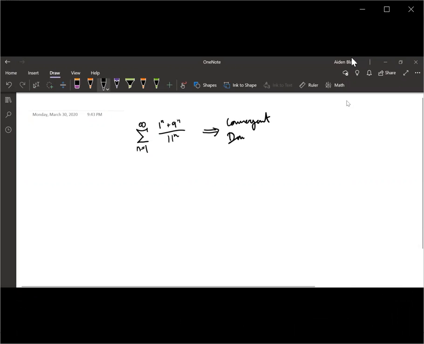To determine whether it's convergent or divergent, we need to know whether it's a harmonic series or a geometric series. And for this specific one, seeing that each term is raised to the n power, it is likely we have a geometric series, which is of the form a times r to the n minus 1. So we have a geometric series, and for determining whether it's convergent or divergent,